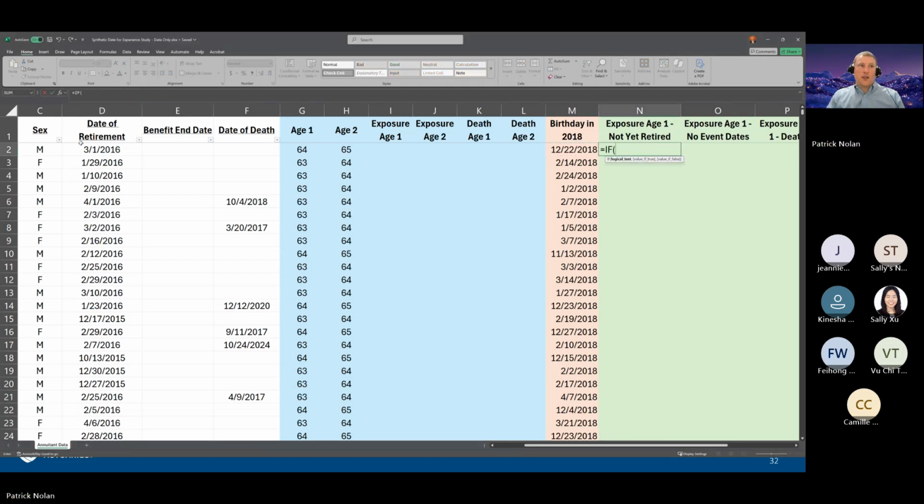So we're just going to say if D2 is greater than or equal to M2, because if the retirement takes place on the birthday, we'll consider them the next age, then we'll return a 0 for the person's exposure because the exposure will be 0. And if that is not true, then we are going to just have the cell be blank. So you put in just the 2 quotation marks to impute a blank. And by copying this down,